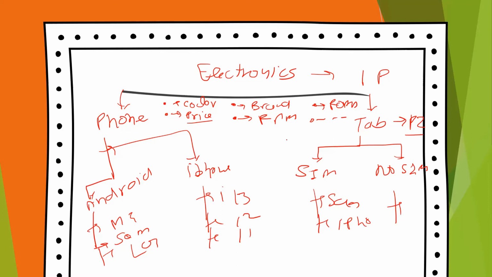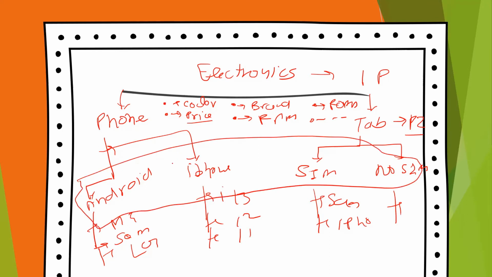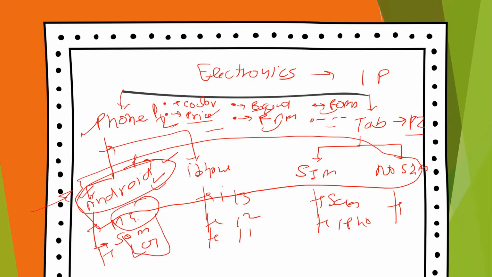Up to here it is clear, right? At this particular layer, you don't need to use all those color, price, RAM, brand, and all those things. You don't need to define them here because they are already inherited from its parent, which is the phone. All those things can directly come at this level. You can further optimize this. For example, is there any specific thing that you want to highlight for Android? You can define it at this level, and those products, P2, P3, will come under it. And on the product level, you can further change those things.